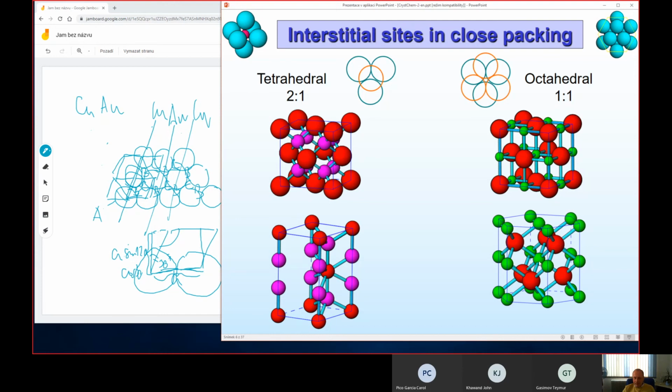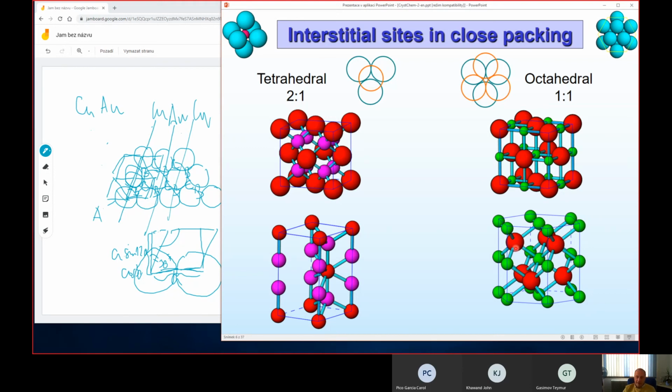And the octahedral position is here, and you see that this C direction corresponds to the direction of the threefold axis of this octahedron. So the octahedron around this central green atom is arranged in this way, and the coordination number is indeed 6,